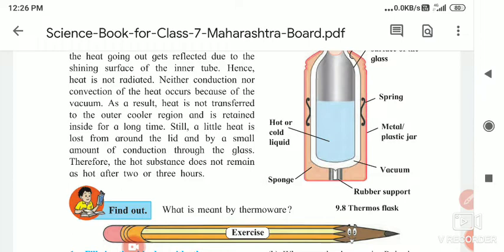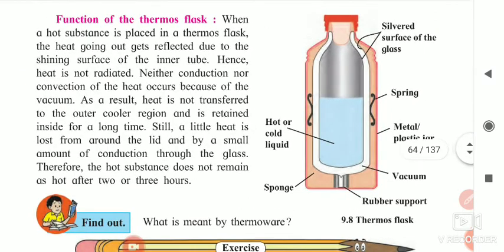Otherwise, at the time of the experiment you can take any flower. I will give you three or four, and from that you do any one experiment and send it to my personal number, and then I will give you the marks. Again, I will clear the things available at your home, and only those you have to take.